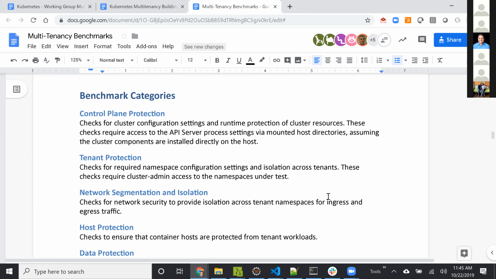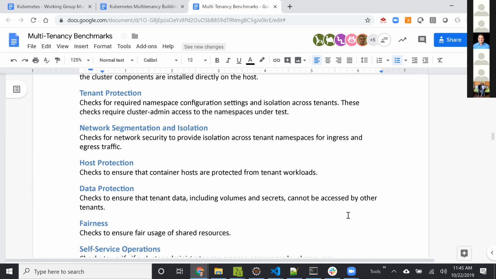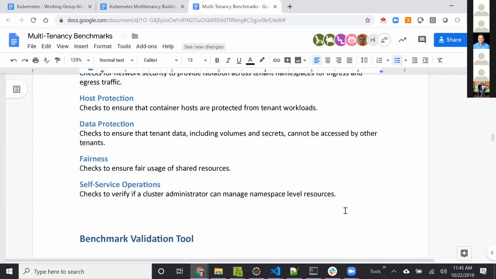The categories, I'm not going to go through all of them, but you have things like control plane protection, making sure that the cluster resources are protected. A basic one is obviously tenant protection, making sure that namespaces are isolated across tenants. Network segmentation, which we just discussed previously, is another one that's pretty straightforward.